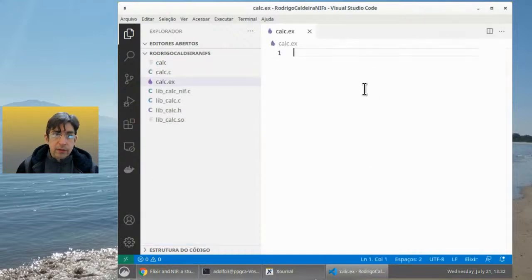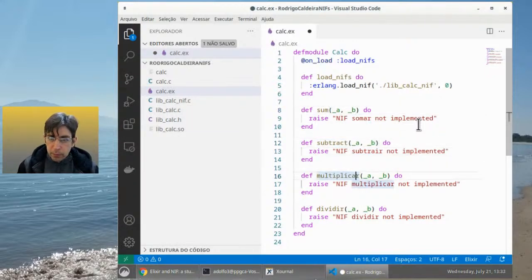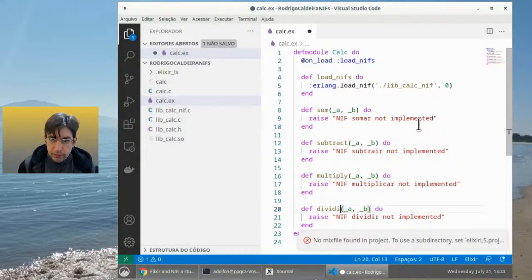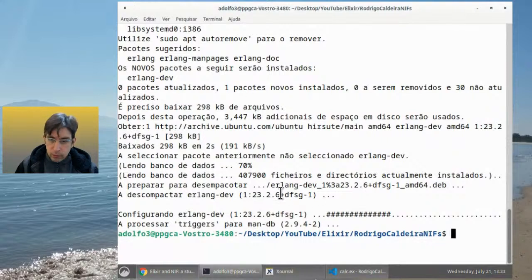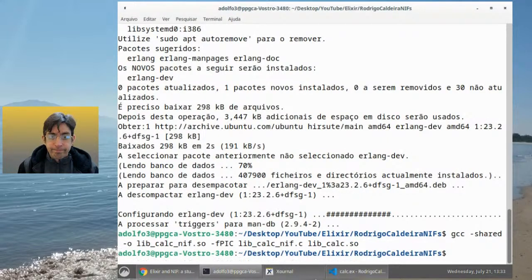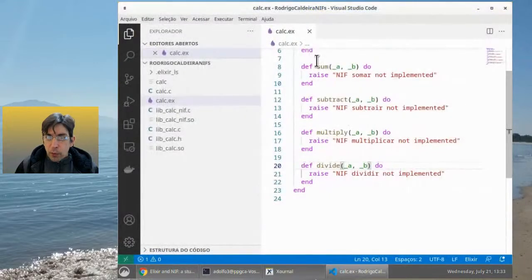Calc ex. So in my case, I can again subtract, multiply, and divide. Okay, let me see if it's working now. Yes. So this can be a problem because maybe Rodrigo, if you are listening to this, you can help us. How can I do this if I don't install Erlang this way? But okay, you gave the solution. So okay, now I have a very simple module that just